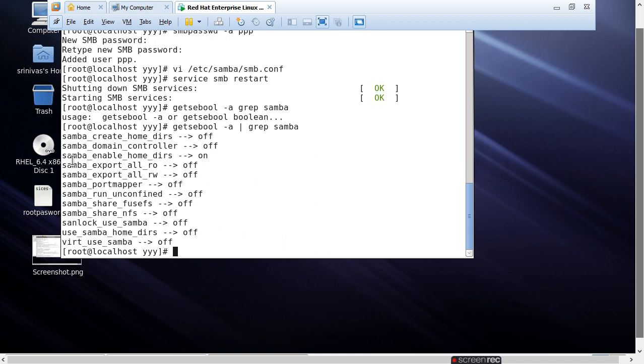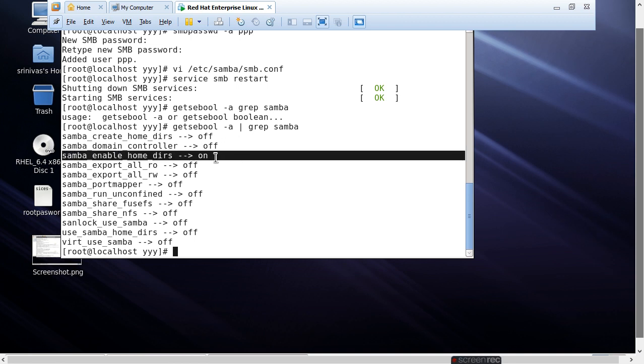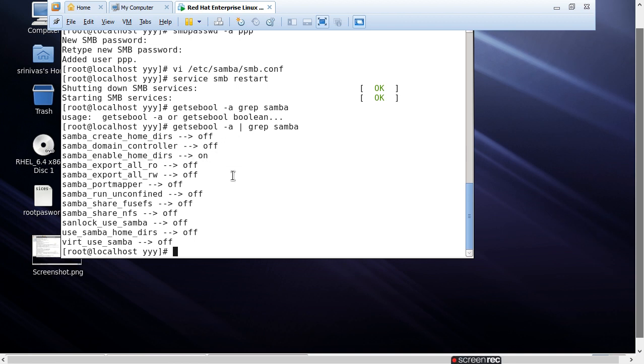So you can see samba_enable_home_dirs, by default it is off. I have already made it on. You can issue this command to check the home directories, whether it is on or off. So you can see here samba_enable_home_dirs is on already. If it is not on, we can use the setsebool,